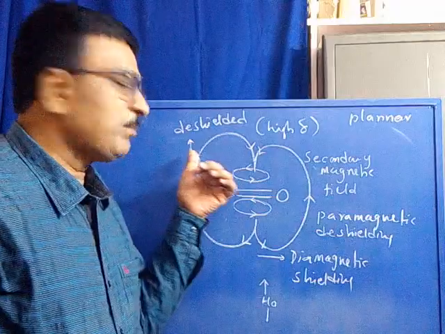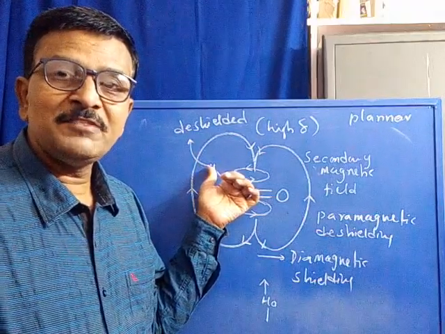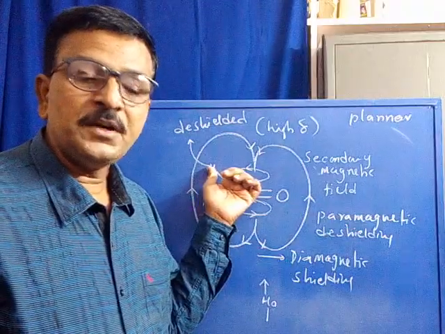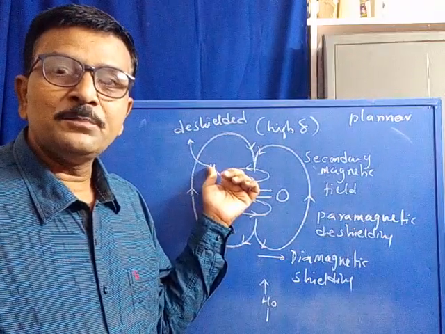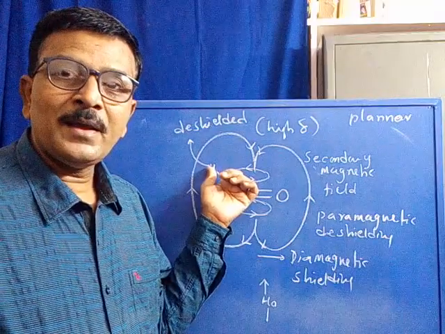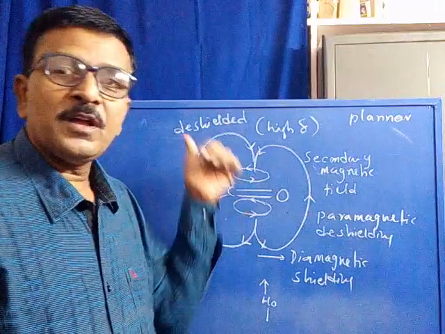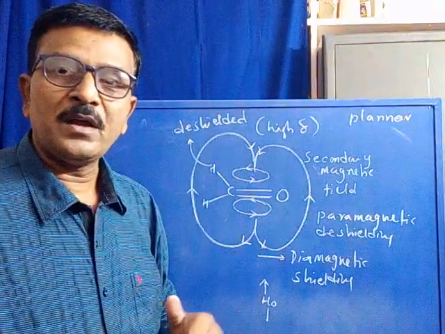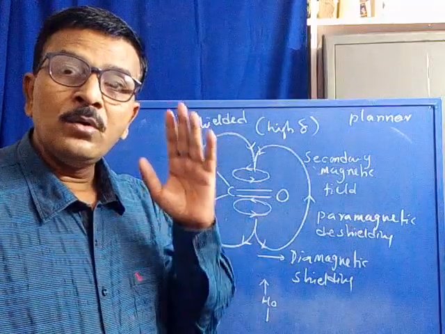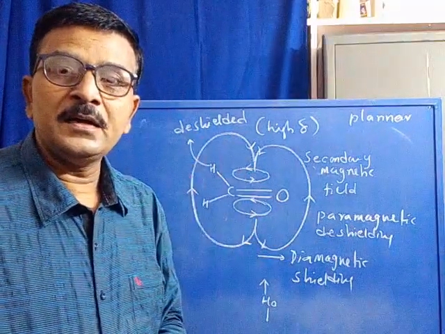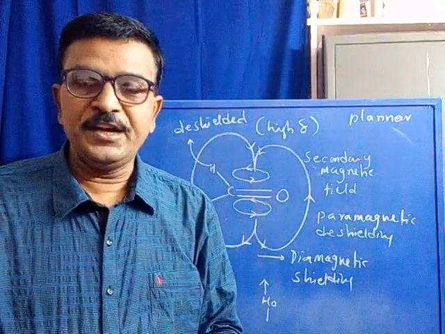That means when the protons are de-shielded, they require less energy for their spin transition, and absorb energy at lower frequency. When the energy is absorbed at lower frequency, what happens? The signals appear at higher delta value. Those protons are called de-shielded protons. So similar to alkene, the aldehyde protons are also under paramagnetic effect, therefore de-shielded.